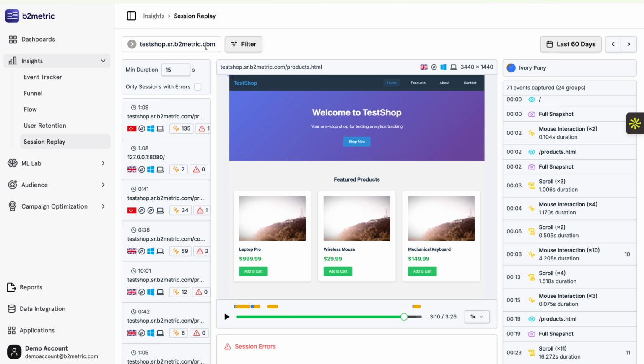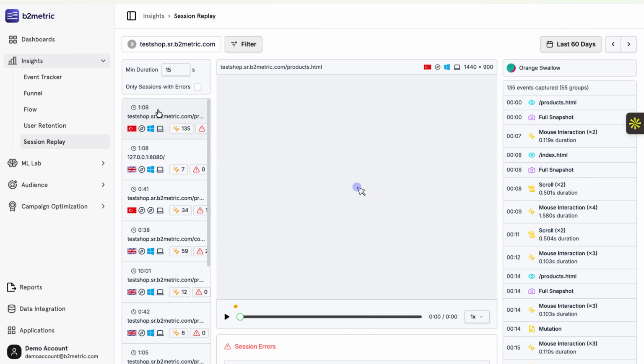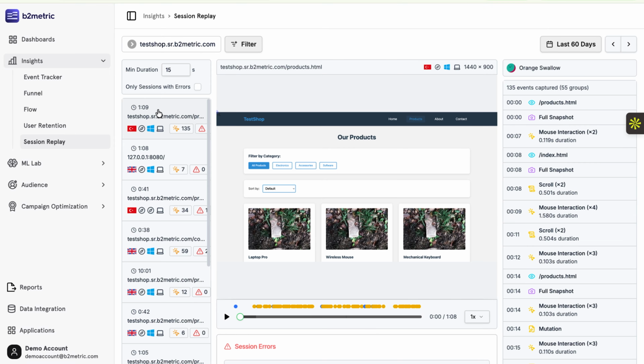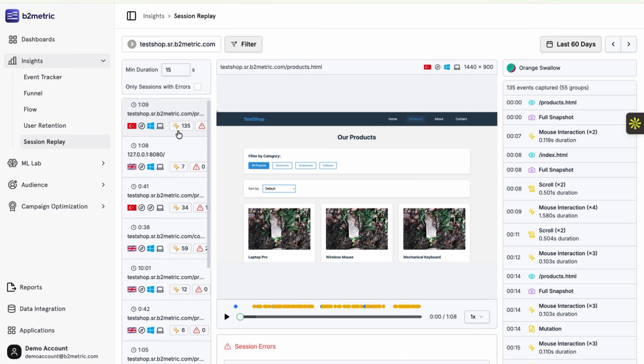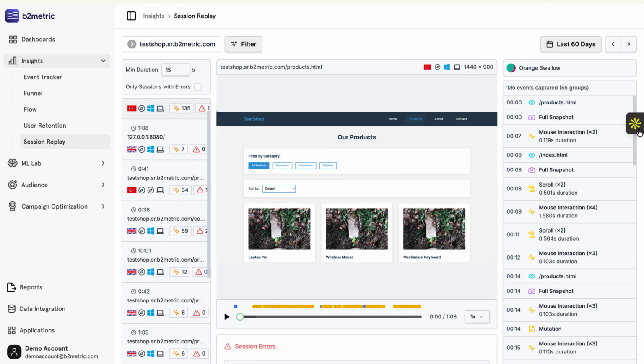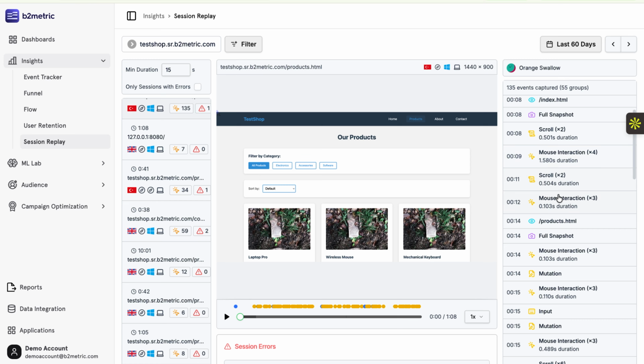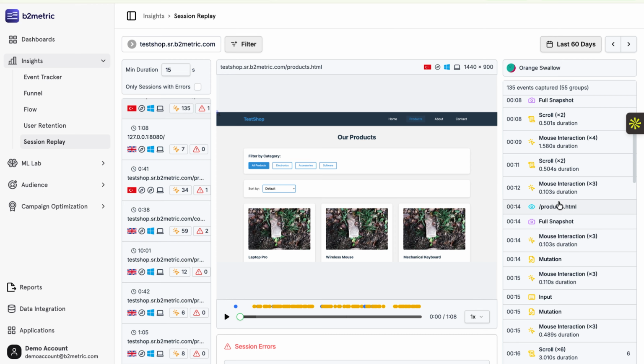Now let's play a session. This shows us exactly what the user sees, and we can watch how they navigate, where they click, where they get stuck, and where they get engaged with these captured events. These events are captured by B2Metric with the B2Metric Web SDK. B2Metric is capturing all of these events, and you can see them divided by data and section. If you move to a specific section, you can click the tab and click the captured event,